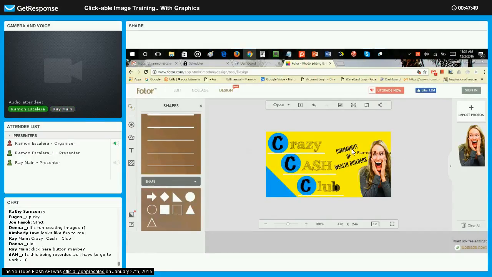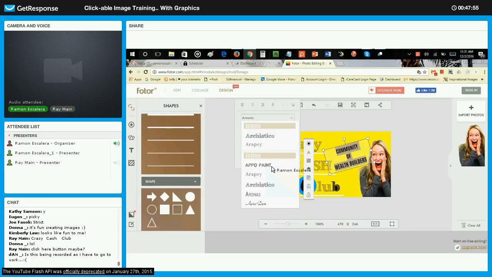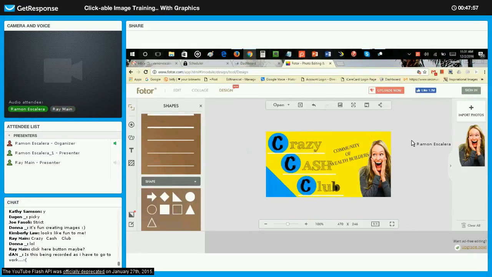A community of wealth builders. Now you can change this font if you don't like it. I like that font somewhat, but it's not really attracting me right now. There we go. Let me try that one. That one looks pretty good. Let's see here. I'm just gonna move it over. And then maybe I'll add